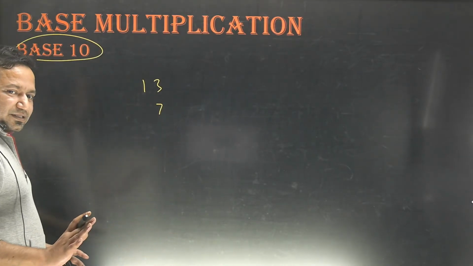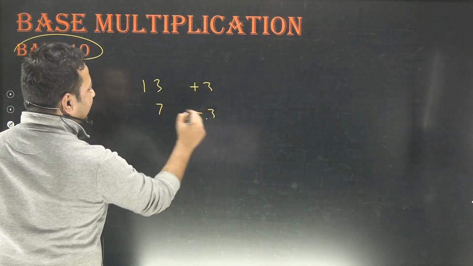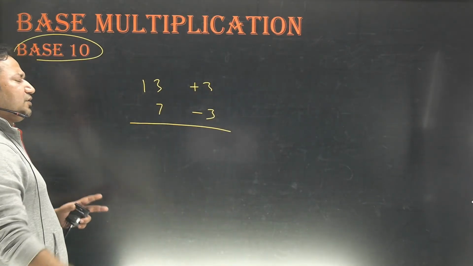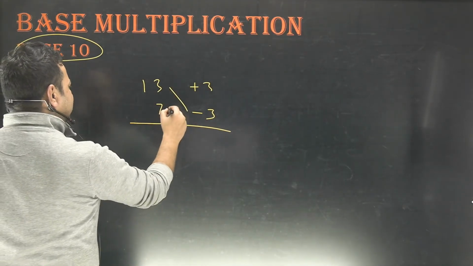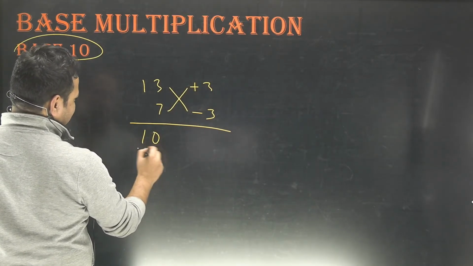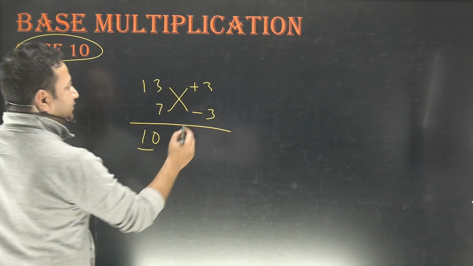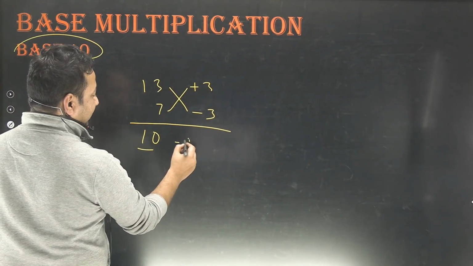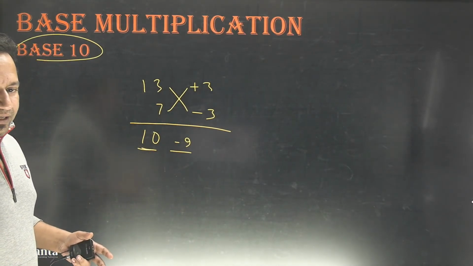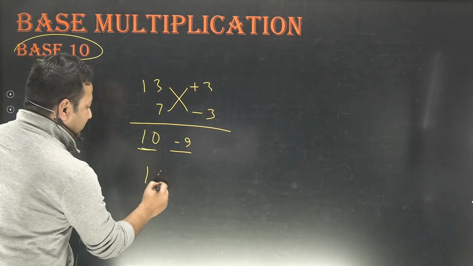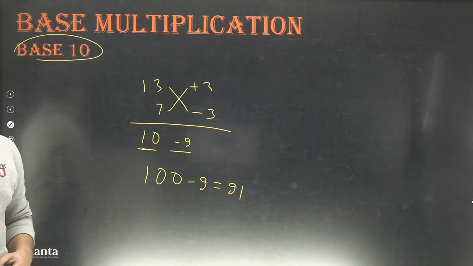Now look at this. 13 is 3 more than 10. 7 is 3 less than 10. I just wrote it like that. And I'll follow the same process which I was following in the previous cases. 13 minus 3 or 7 plus 3 both will result in 10. Yes? Is that right? Both will result in 10. And this 3 multiplied by minus 3 would be resulting in minus 9. Cool? 10 and minus 9. The process of borrowing is coming out there. So 100, this space, minus 9. The answer is 91. Clear to everyone?